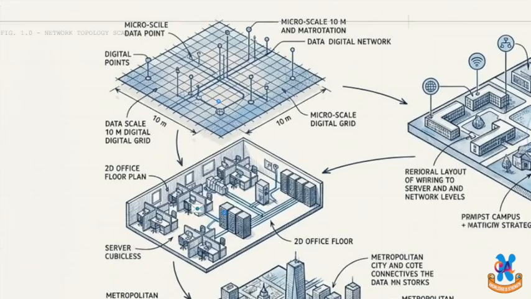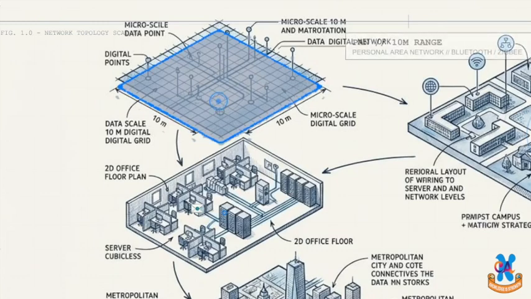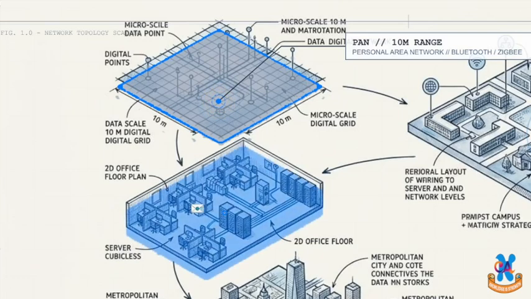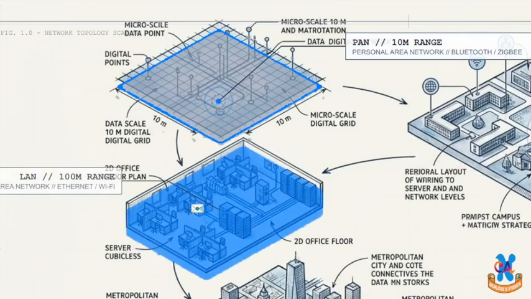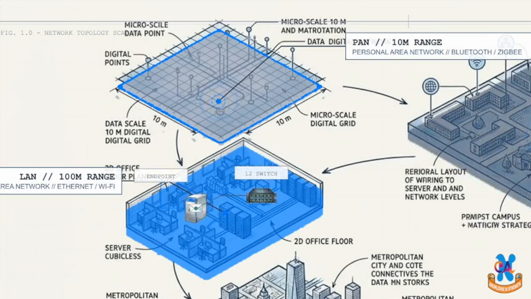This map visualizes the scale. The smallest radius is a PAN, or Personal Area Network, connecting personal devices within a 10-meter range. Expand that to a single building or office, and you have a LAN, or Local Area Network. Scale up to cover multiple buildings on a campus or military base, and it becomes a CAN, or Campus Area